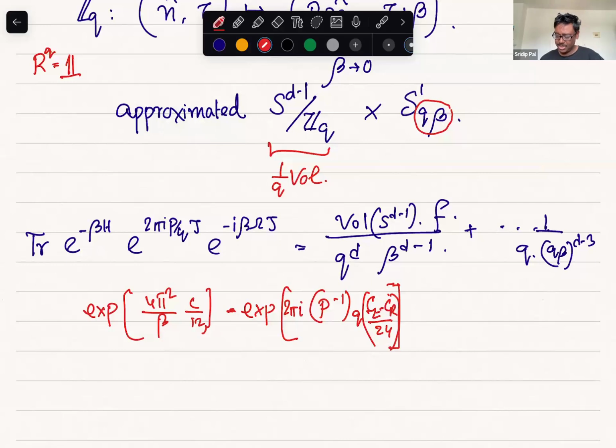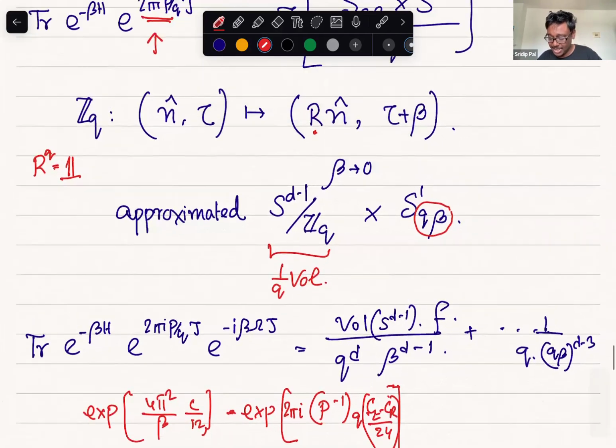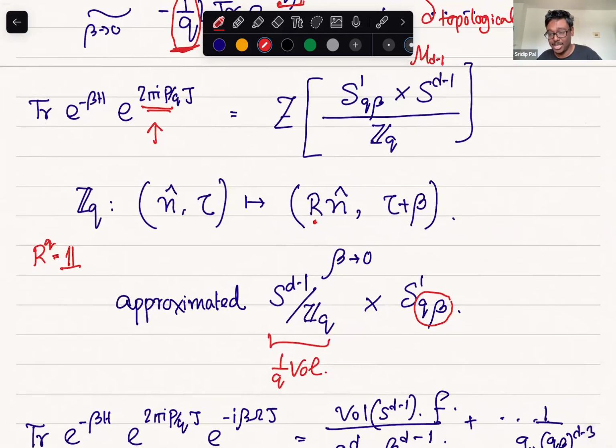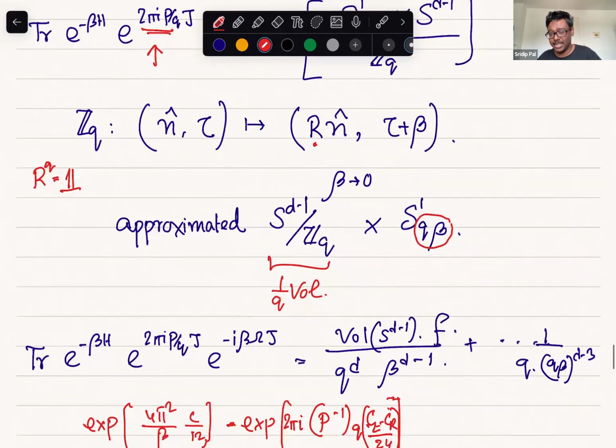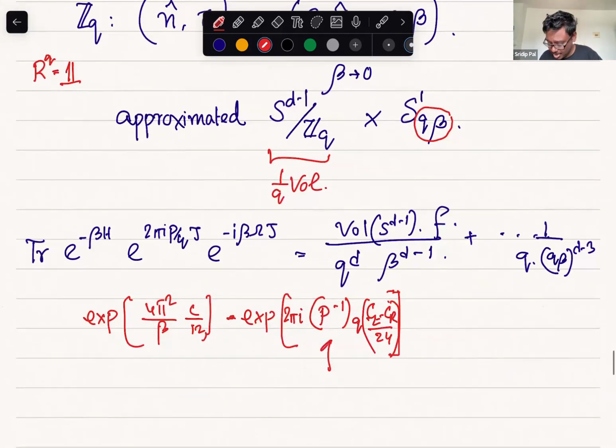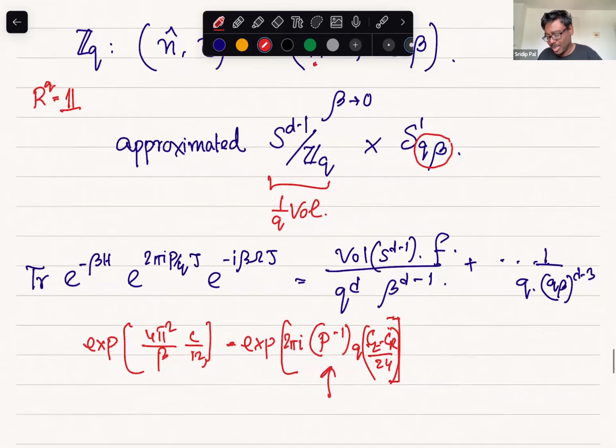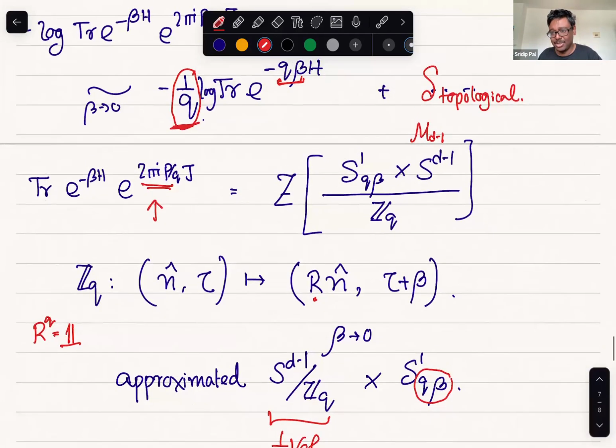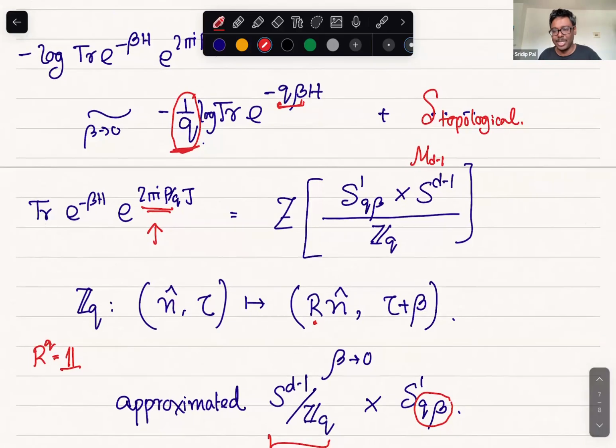The point is, because c_L is not the same as c_R, there is a gravitational anomaly. And when you do this reduction, because of this gravitational anomaly, you can be sensitive to this extra global structure of this manifold, and because of this extra structure there can be this extra piece. So in principle, in higher dimension also there can be gravitational anomaly, and you can possibly write down this topological term. We haven't attempted to write down or classify all possible terms in higher dimension, but in principle one can do it.